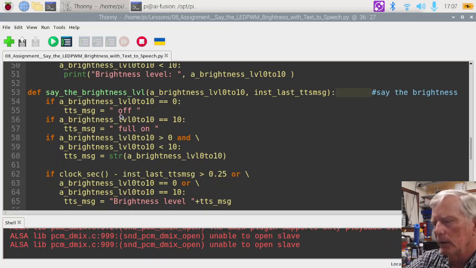And I did find that the uppercase OFF is different from lowercase off. It seems to say that differently. I'm not sure what it's doing. So I used lowercase on both of these text messages that are going to be converted to text to speech. And if it's not 0 and it's not 10, then I'm going to say the number by converting it to a string,